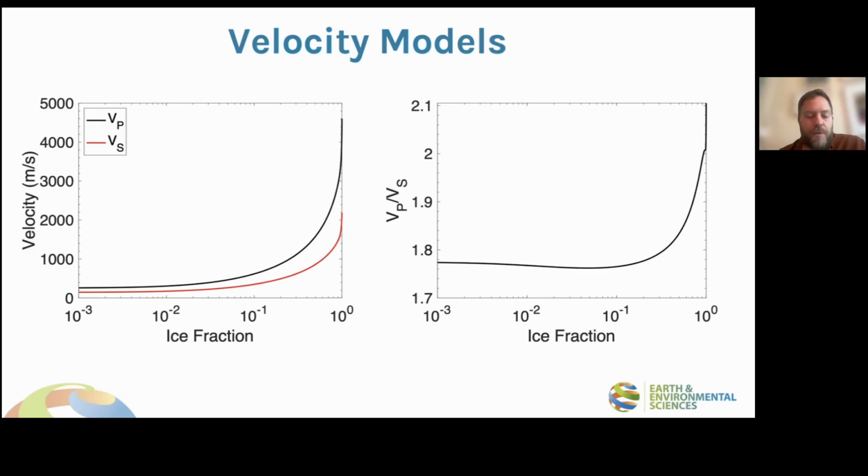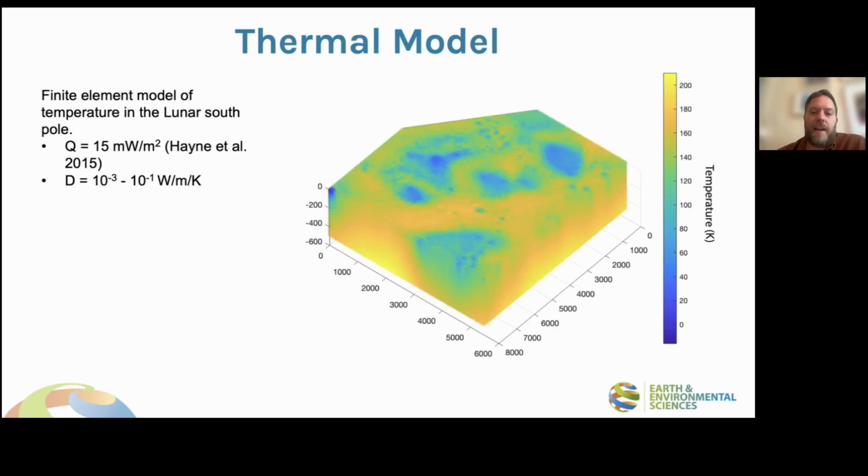But in the 1 to 10 to 20% ice fraction range, which represents the reasonable range, you start to see that there is in fact a reasonable relationship between the ice fraction and the velocity, which gives us good hope that seismic tools could be a good way to take a look at the ice distribution. If you move on to the next slide,